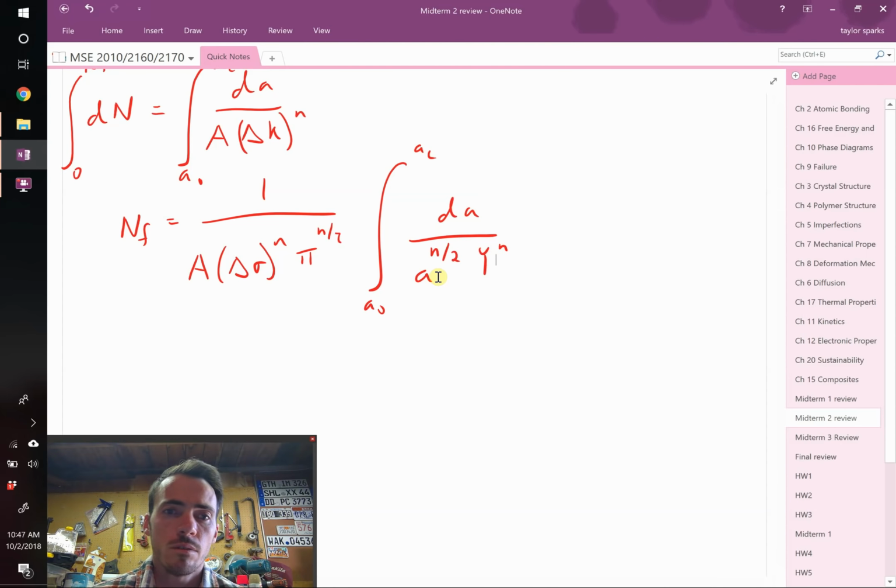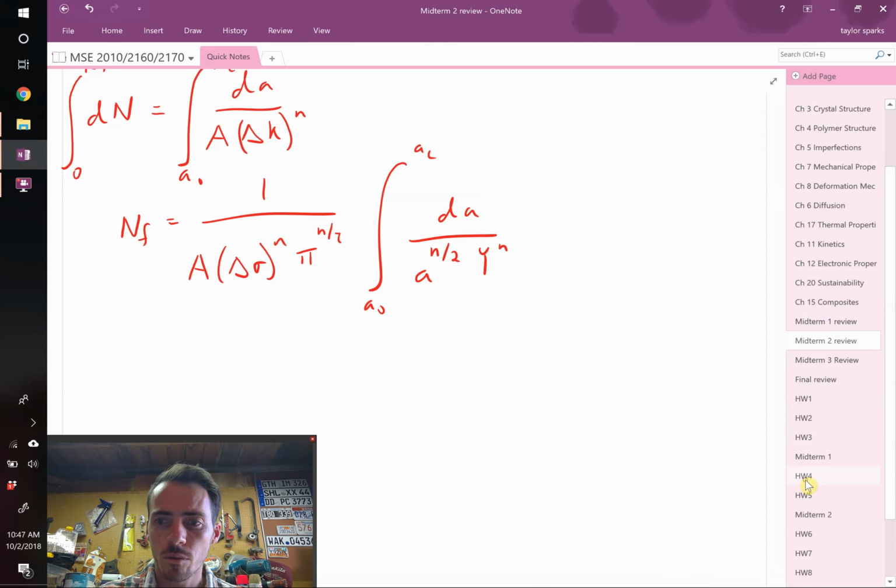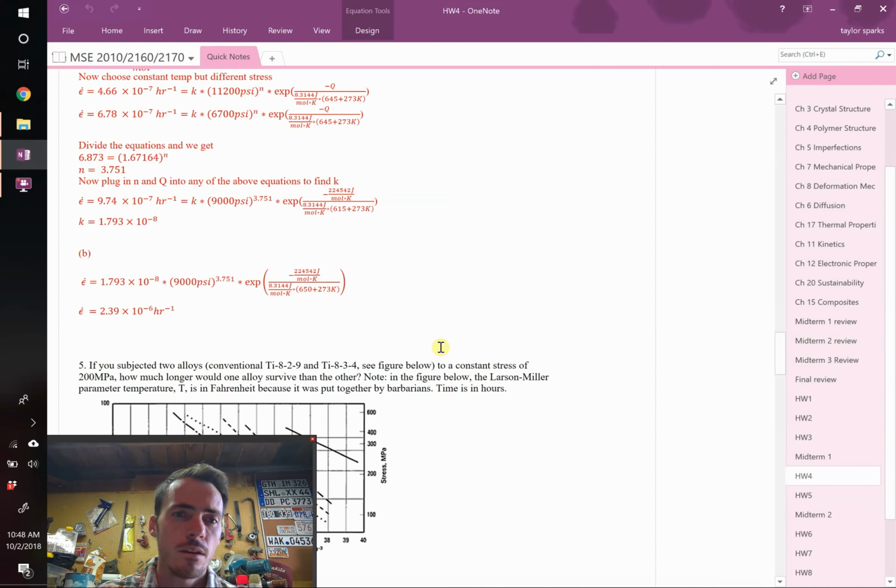So solving for this is straightforward. You're going to take the integral. If you need reminders on how to do these integrals, I'll refer you to my video where I've solved it in all its gory detail. You're going to plug in A and n if those are given. You remember on your homework, homework 4, which was due last week, that you can solve for A